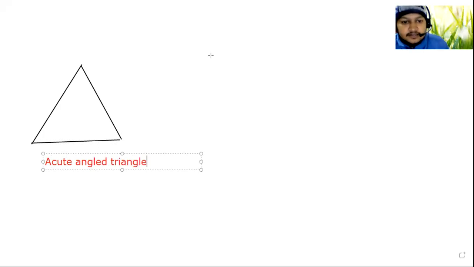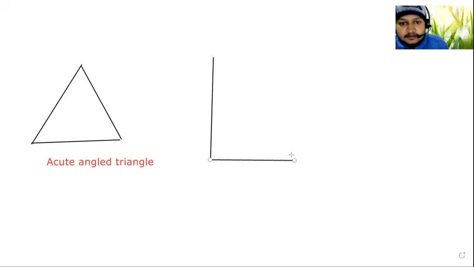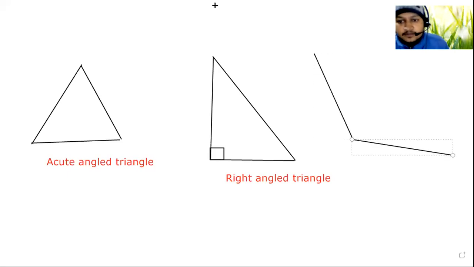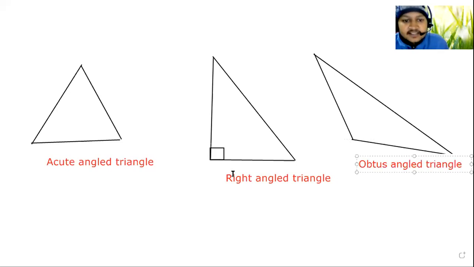The second one is the triangle with an angle of 90 degree. एउटा angle 90 degree हुने गरी बनेको triangle. If one of the angles is 90 degree, it is a right angled triangle. यसमा एउटा angle 90 degree को छ. That means this is of 90 degree. Similarly, if an angle is more than 90 degree, this one is an obtuse angled triangle. Are these clear to you? Yes, sir. यिनीहरूलाई हेरेर मात्रै पनि थाहा भइहाल्छ है.